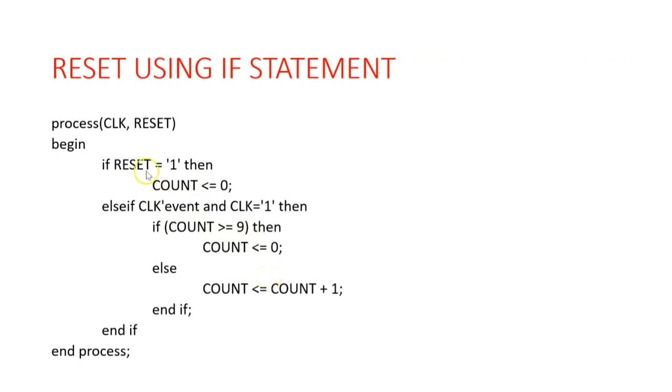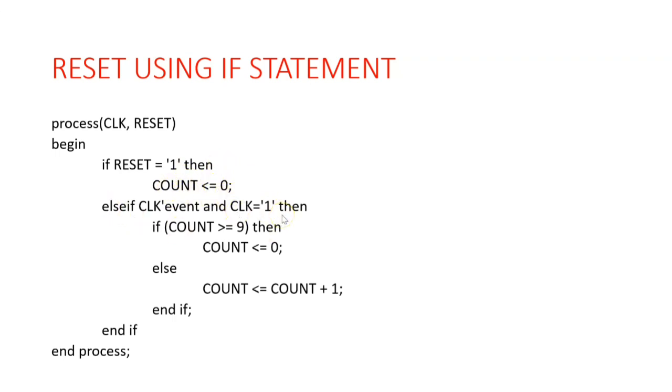Okay, so you are performing a reset. If reset is equal to 1, then count is 0. That is, whenever you are pressing a reset button of a counter, the counter will reset to its initial state, right? Just like that, when you are pressing a reset button, or when you are giving a value 1 to the reset signal, then the counter will reset to the original or initial state. So that's why you are assigning count equal to 0.